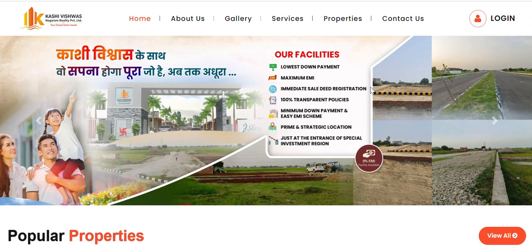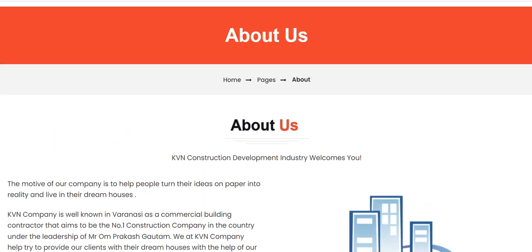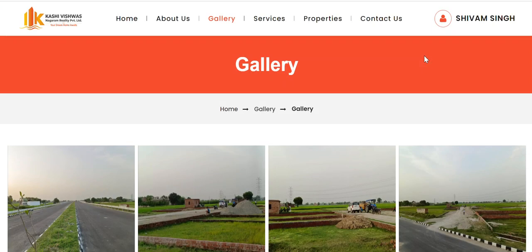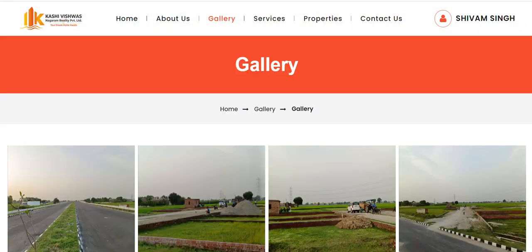You can create your own website through us to manage all your business data, along with the images and data, locations, everything that you can see frontally on your screen. You can see the different types of pages, like the about section, where you can put all your company data. The next one is gallery, where you can put all your images of the projects or properties that you have or that you want to sell or buy.